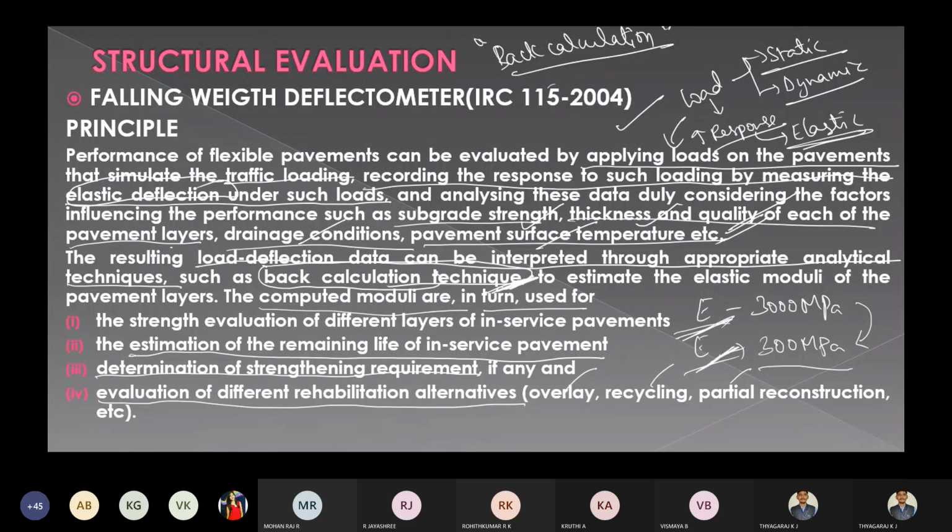So remember, in the falling weight deflectometer, we will be determining the deflection. Not only the deflection, we are going to determine the Young's modulus of the material, the Young's modulus of the pavement. But in the BBD, we have determined only the deflection criteria, only the deflection parameter. So this is an upgraded method which is used to determine